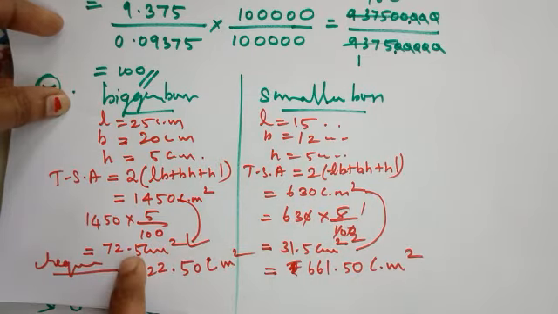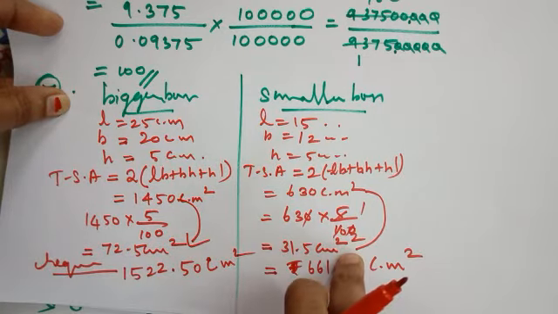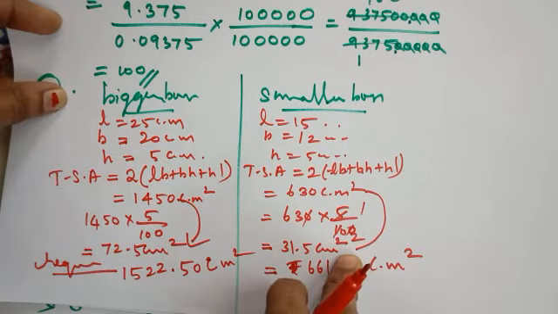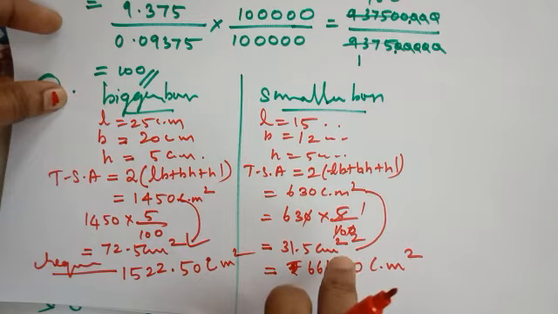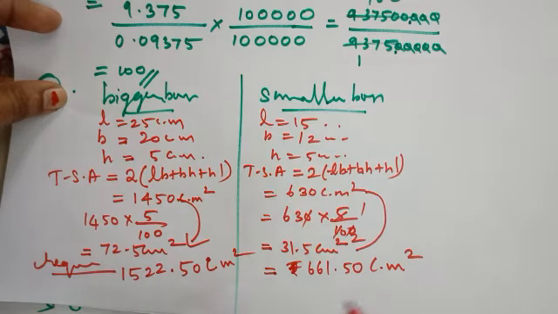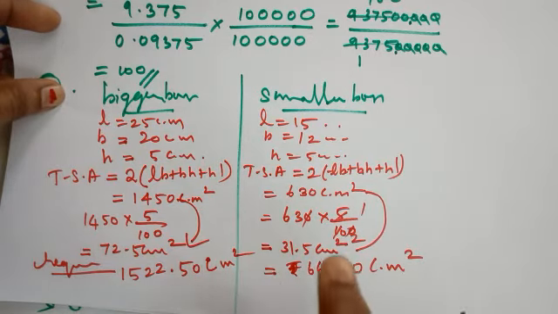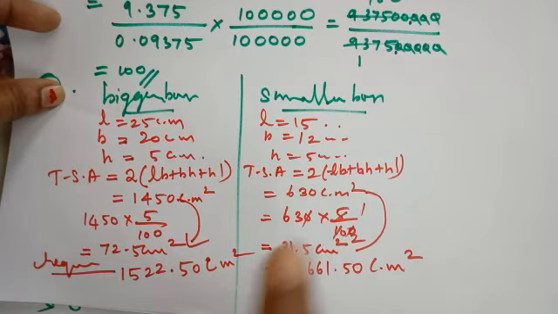Then number of boxes 250. This kind of boxes 250 we need, and this kind of boxes also 250 we need. And the cost of cardboard is rupees 4 for 1000 centimeter square. We are given the information indirectly, we don't get the rupee directly. They have said that the cost of cardboard is rupees 4 for 1000 centimeters squared.